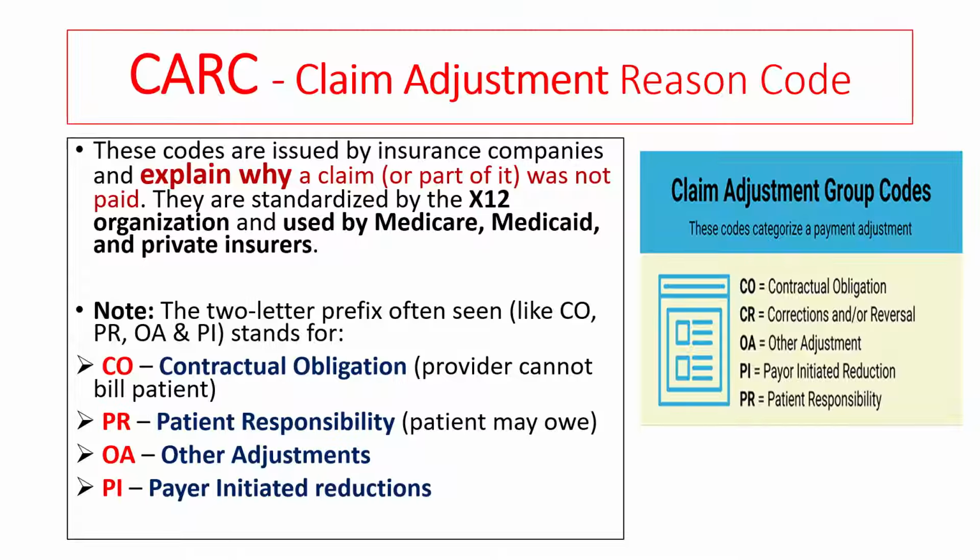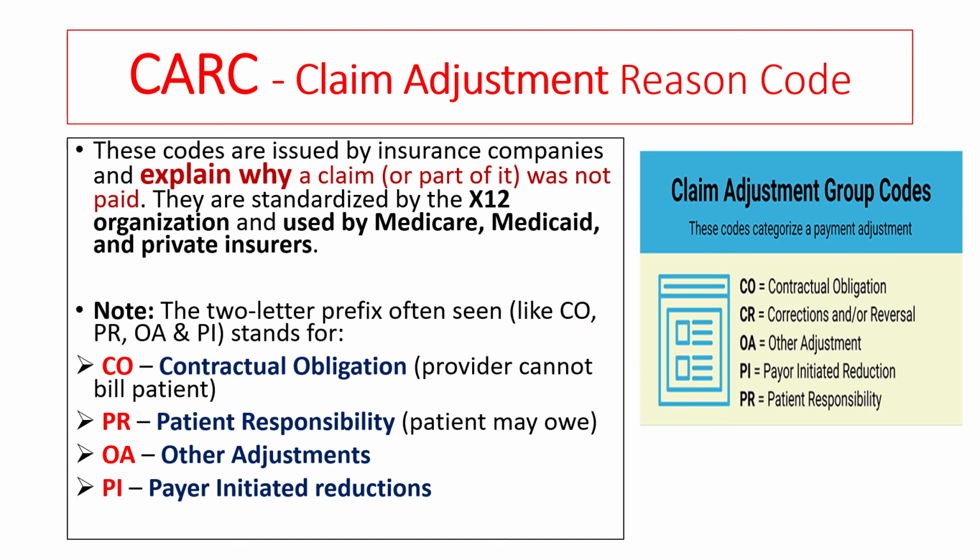But 99 percent of the time they give these codes because of non-payment, nothing but denials. If a claim is denied by the insurance, we have to understand it by the CARC code, because that code gives the explanation why this claim was not paid